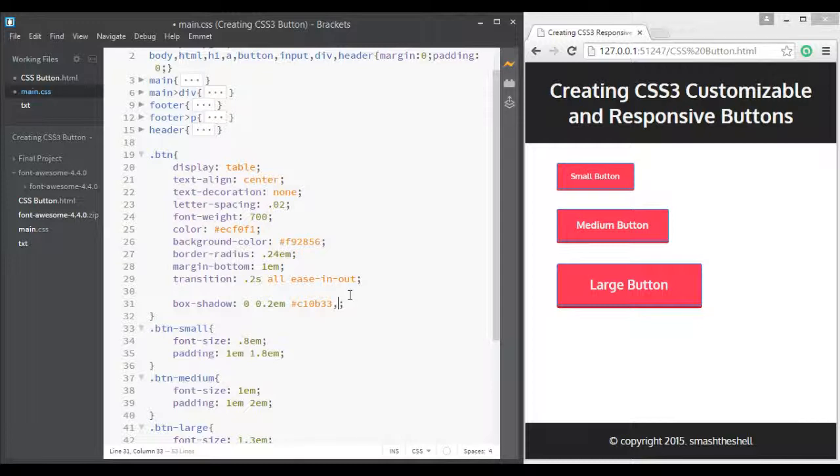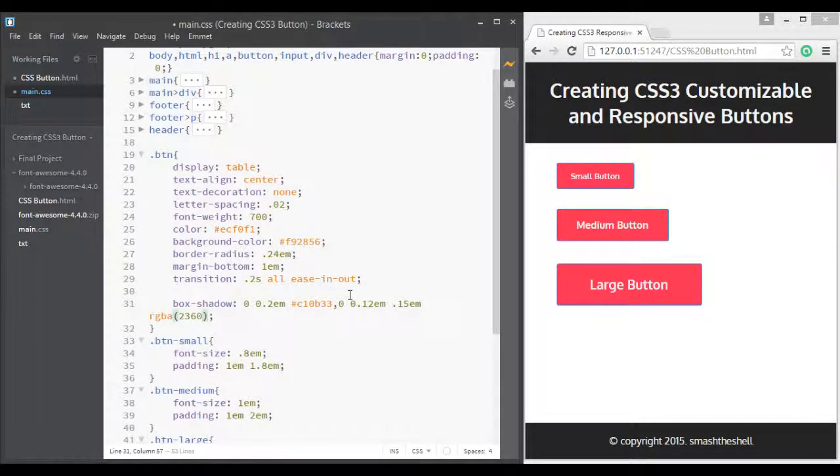So let's create 0 for our x offset and 0.12em for our y offset, and let's give it a blur value of 0.15em, and a color of RGBA, set to 36, 240, 241, and give it an alpha value of 0.5.